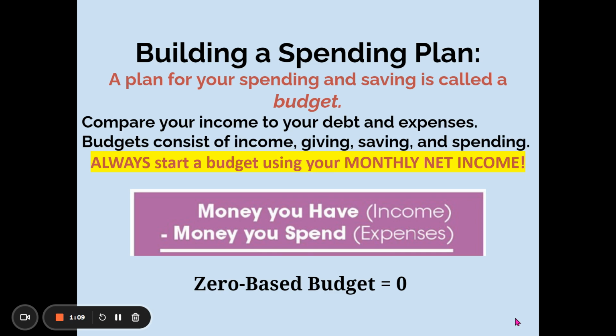And generally speaking, our budgets are based on a monthly amount, and we always want to consider our net income, which is the money we actually make after taxes are taken out. Do not budget with a gross income, because then you're budgeting for money that you won't have. We are going to be spending a lot of time next week looking at a zero-based budget, so just be aware that that is something that we're looking at as we move forward. We want to use all our money.